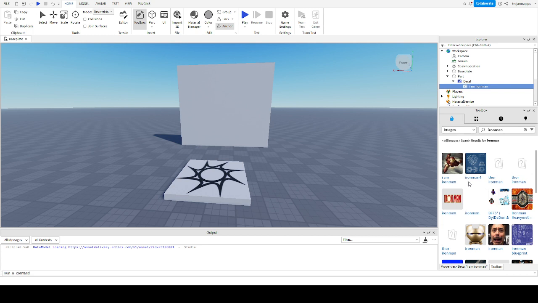copy the asset ID. This is stored in the Roblox cloud, so to access it, that's what we're going to do. Actually, I think I added it. I'm just going to delete that. And then for the decal,